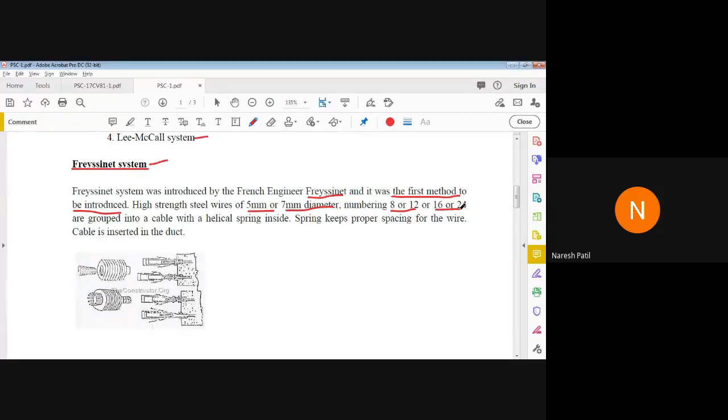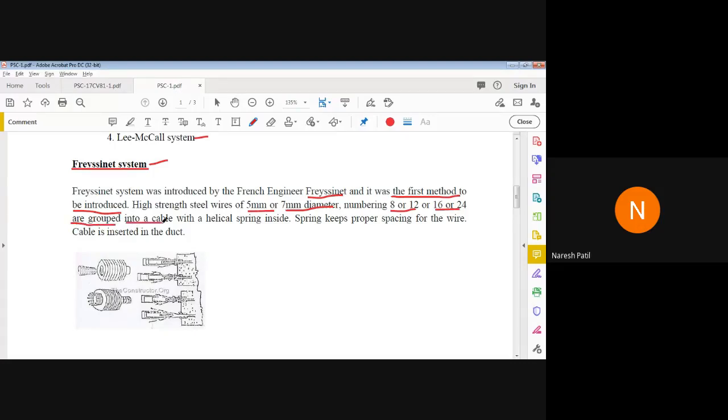So one cable includes 8 wires, 12 wires, 16 or 24 wires, and the diameter of each wire will be 5 mm to 7 mm. When it is composed of the number of wires like 8, 12, 16, 24, that is composed into a single cable, that will be grouped